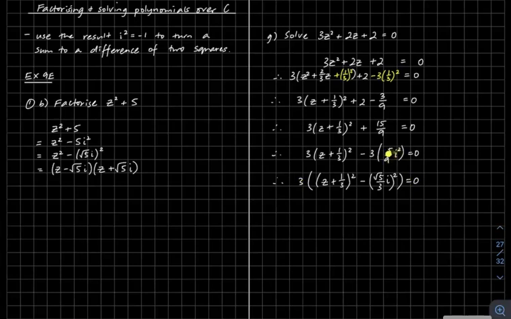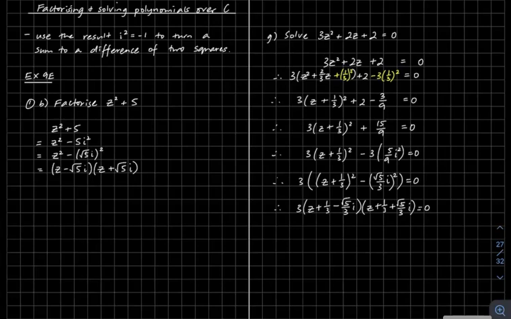I also turned this into a whole squared term by saying that root 5 over 3 squared is 5 over 9. Now I'm going to use my difference of two squares, so z plus 1/3 minus root 5 over 3i, and z plus 1/3 plus root 5 over 3i